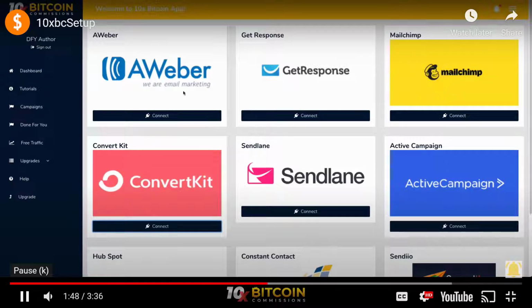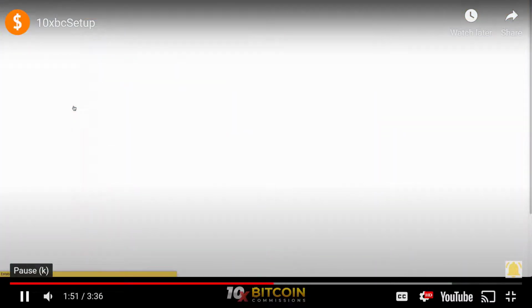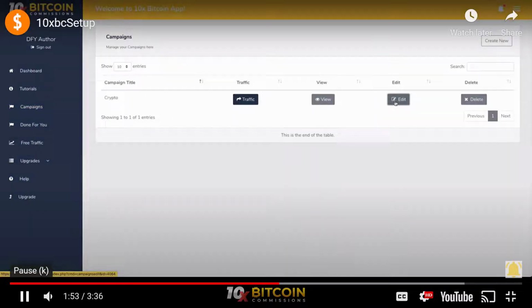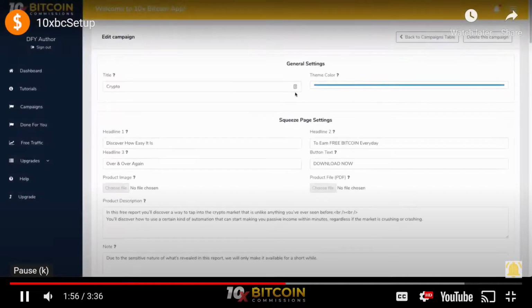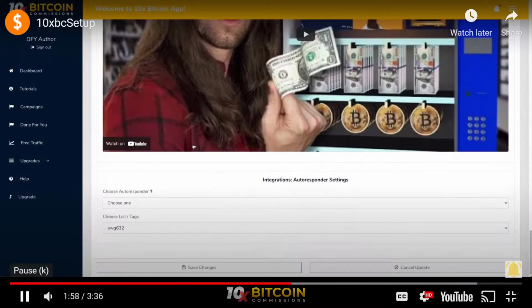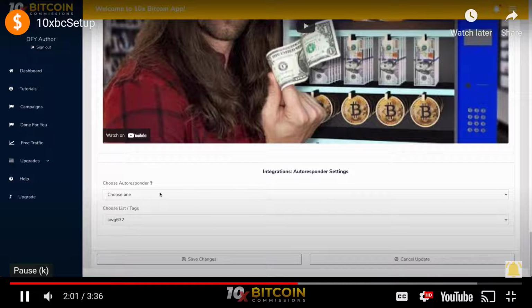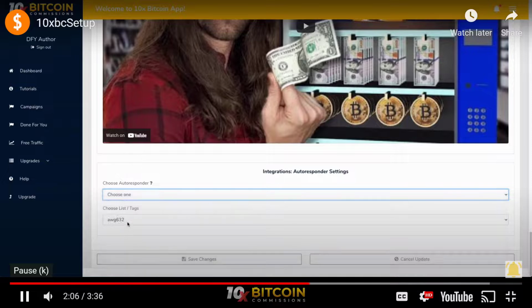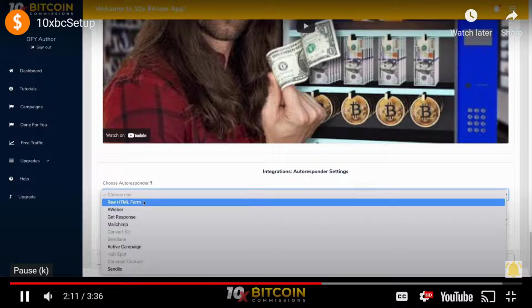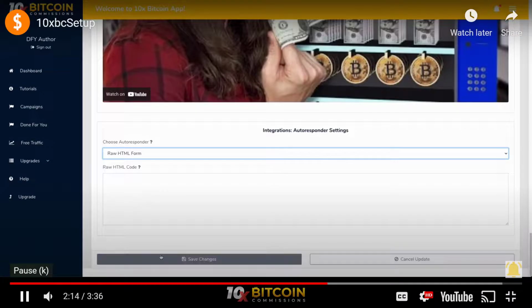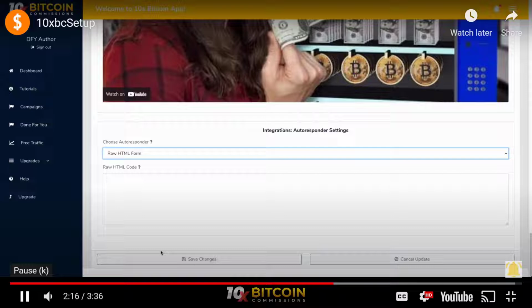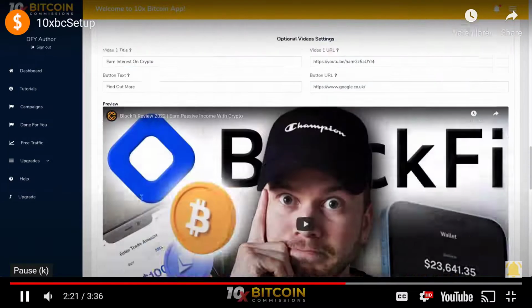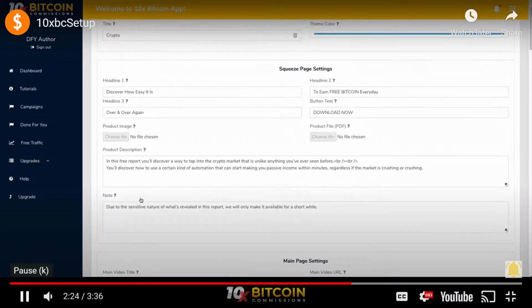So once you've done that, you connected through, you're going to be able to go to the campaign. And you're going to be able to click on the edit button and you're going to be able to scroll down to the bottom of the page where it says integrations, and here you're going to be able to choose whatever one that you've set up, okay, and then select the list within your account. Alternatively, you can click on raw HTML form and you can create a form with any autoresponder pasted in there, okay. The next thing we need to do is literally just to put in affiliate links for the products, and